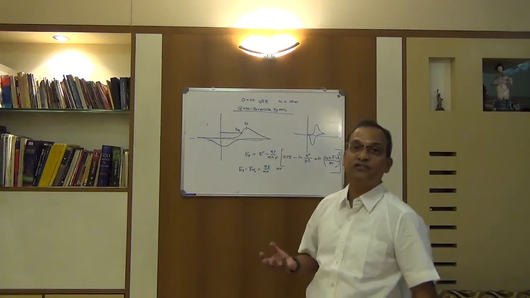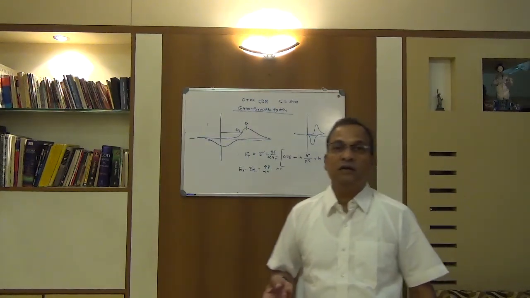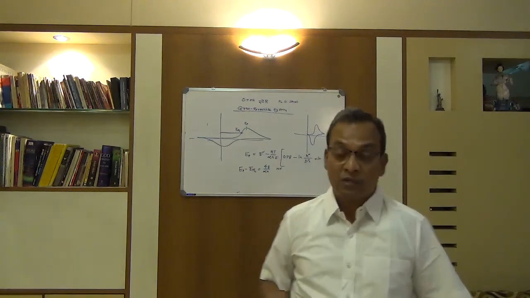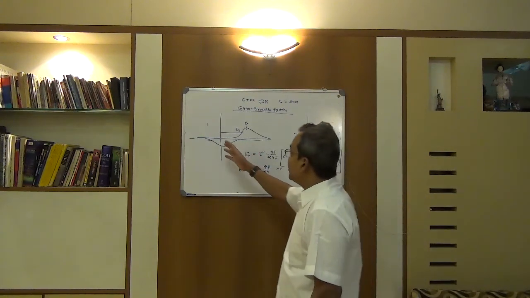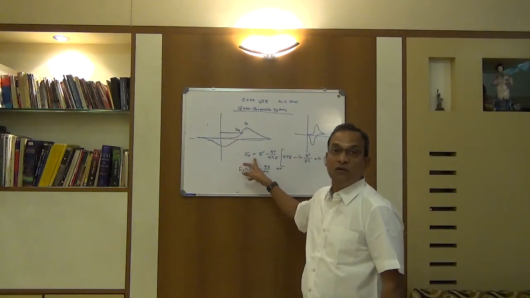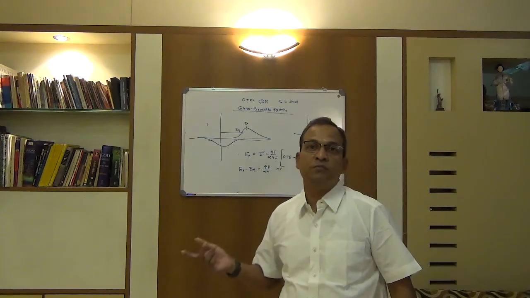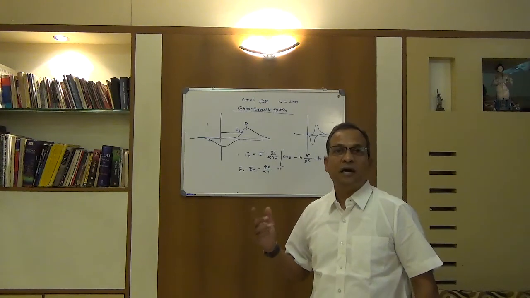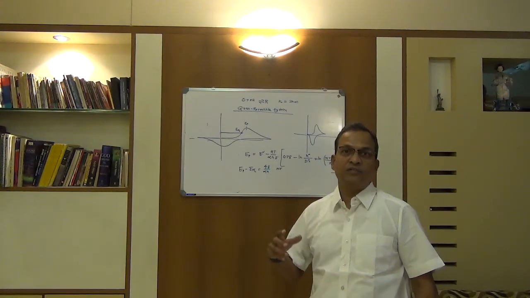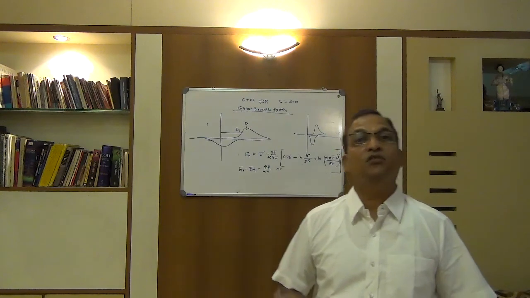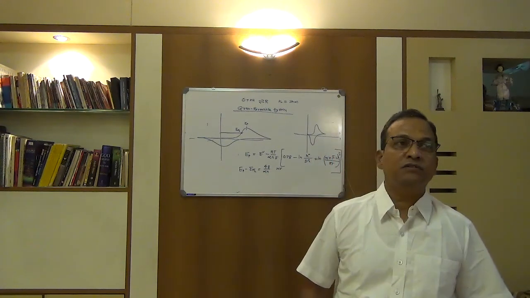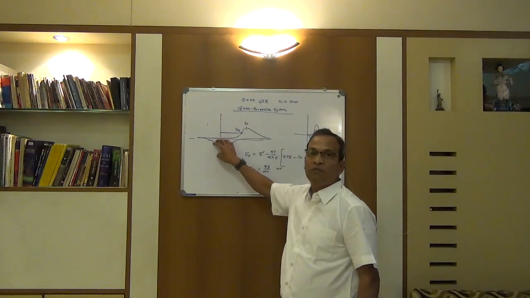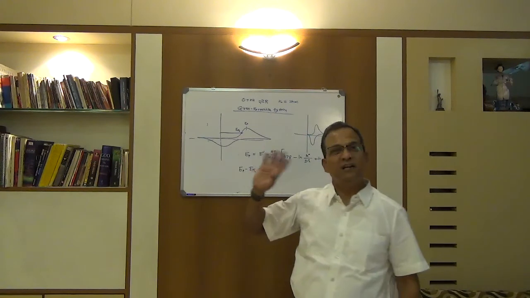So for quasi-reversible, what are the characteristics? Since it is a slow reaction, the peak current is smaller than for the reversible system. Number one. Number two, the peak potential changes with the scan rate according to this equation. So we can immediately distinguish between these two situations by cyclic voltammetry. If my peak potential is not changing with scan rate, I can say the system is reversible. If it is changing with the scan rate, I can say the system is quasi-reversible. The only common characteristic is that the number of coulombs passed in the forward reaction is exactly equal to the number of coulombs passed in the reverse reaction. That means the system is reversible but slow.